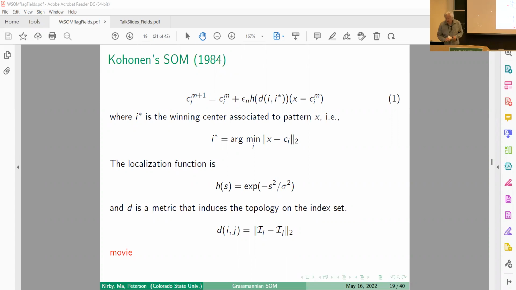Okay, so the x's are points. Imagine that you're in 3 dimensions, and maybe it's a Star Trek problem and you need a traveling salesman problem in R3 in the galaxy, okay? These red points are centers that are going to be pulled towards the data. And let's see what happens. So this is Kohonen's mapping. You see how you get the self-organization. You get the folding initially, and now the folding is gone.